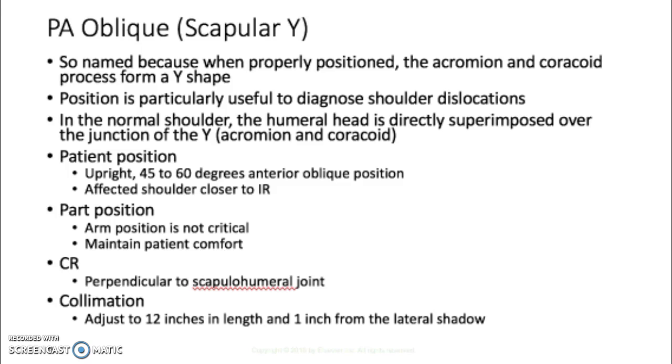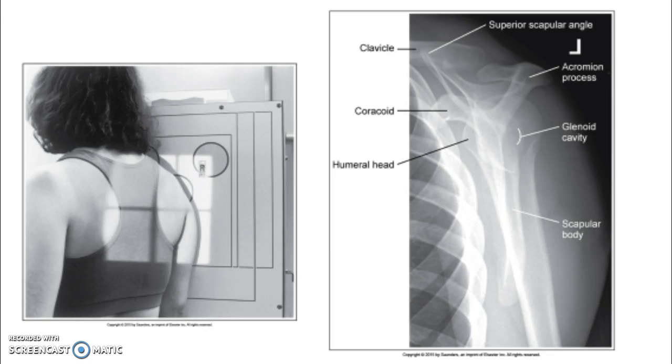So pay attention to where your CR goes and your collimation. Be sure to turn your collimator box to align the part a little bit better. You can do these AP, but of course then you're going to have OID and a little magnification, a little less detail. So PA view is better for those purposes. Here you can see PA position, you can see the Y, coracoid here, acromion here, and they come together with the scapula to make the Y. Typically, with the shoulder Y view, your humerus is going to be straight down.